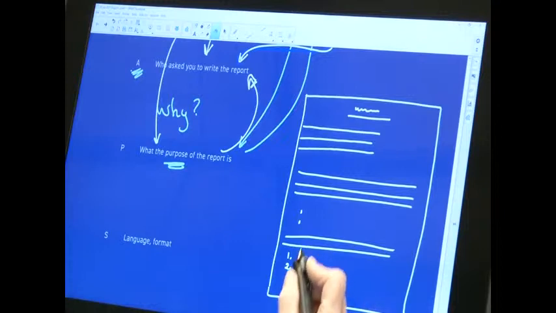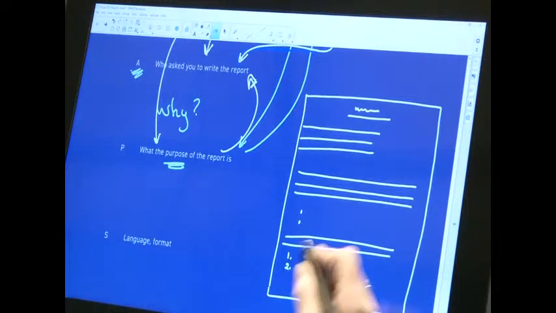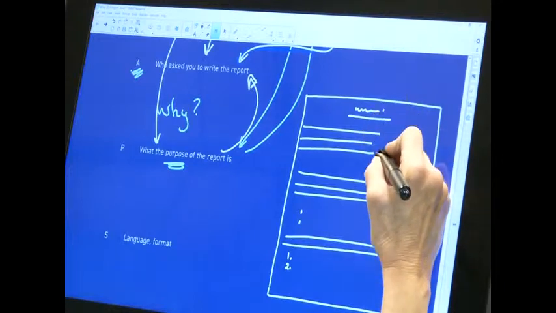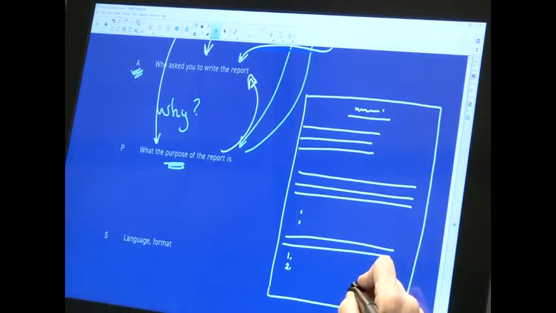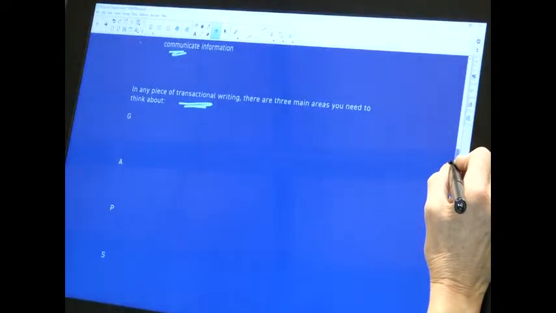You can see that the way it's laid out on the page helps the person's eye go from the title down the page and see what information is being presented. Please don't crunch it all up. That isn't easy to read. You're trying to look at this report and get those main ideas, get that information quickly. So set it out nicely. And then